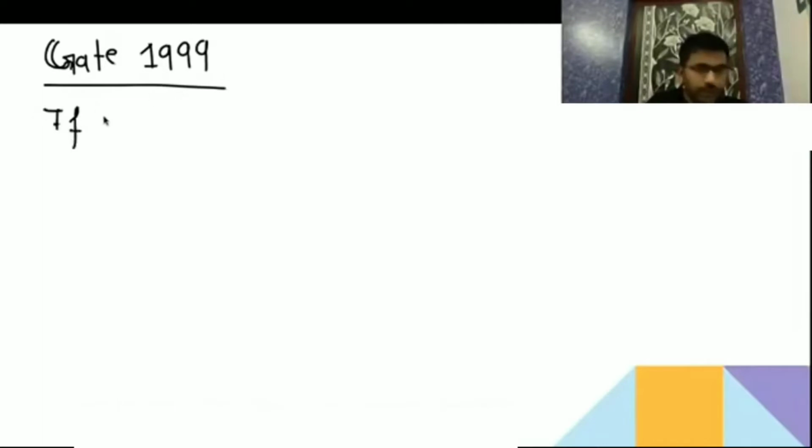Next is your GATE 899. Okay. It is saying that if T of 1 is equal to big O of 1,